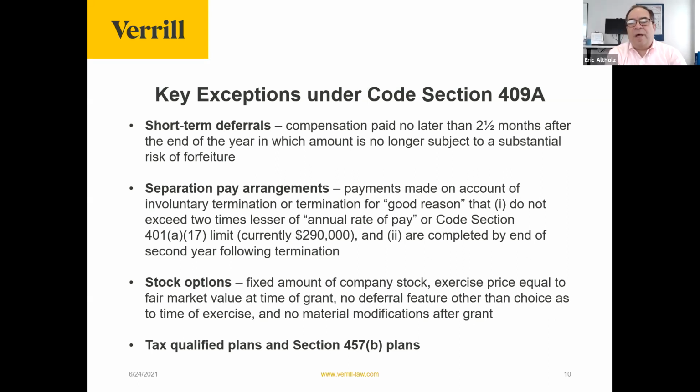So if compensation is paid no later than 2.5 months after the end of the year in which the compensation becomes vested, it's no longer subject to substantial risk of forfeiture, then Section 409A will essentially ignore that and consider it not to be a deferral at all. And that's why, if you look at bonus plans or many other shorter term arrangements, when you see references to a payment will be made no later than March 15th of the next calendar year, this is the rule that is driving that provision. And that plan is trying to take advantage of the short-term deferral exception, so we don't have to worry about